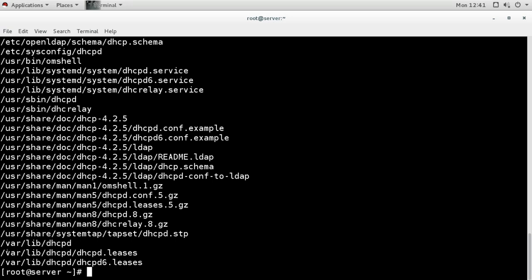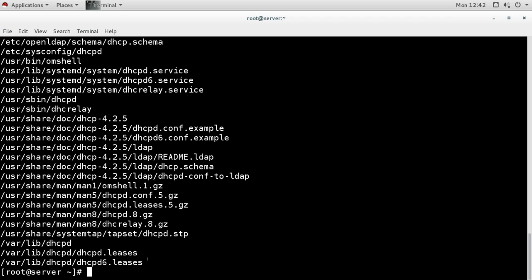That means when the DHCP server assigns an IP address to any machine, it stores the information in this file: all the lease information, which machine has which IP address it has already assigned. This is for IPv4 and this is for IPv6.